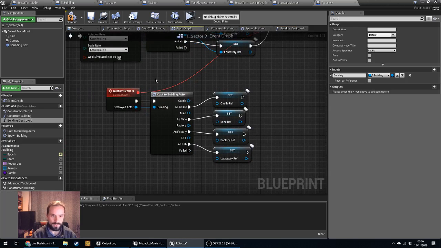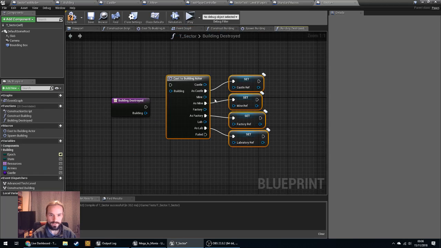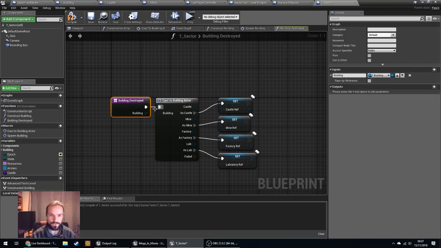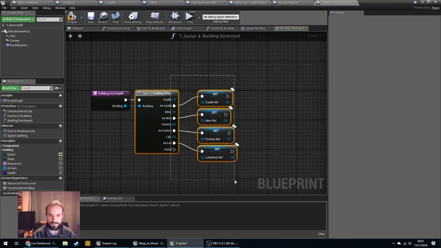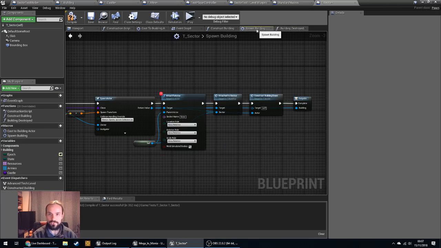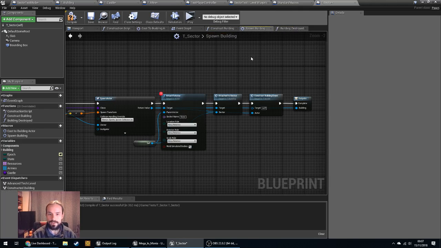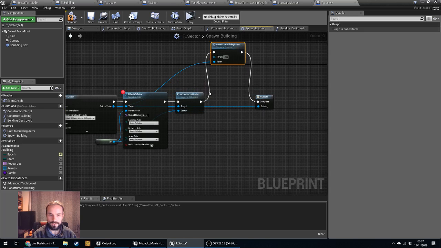Now, because we can't switch or select on the type of building in this function, we use our brute force casting to figure out which one of those buildings it is and set the appropriate reference for that. And then hopefully